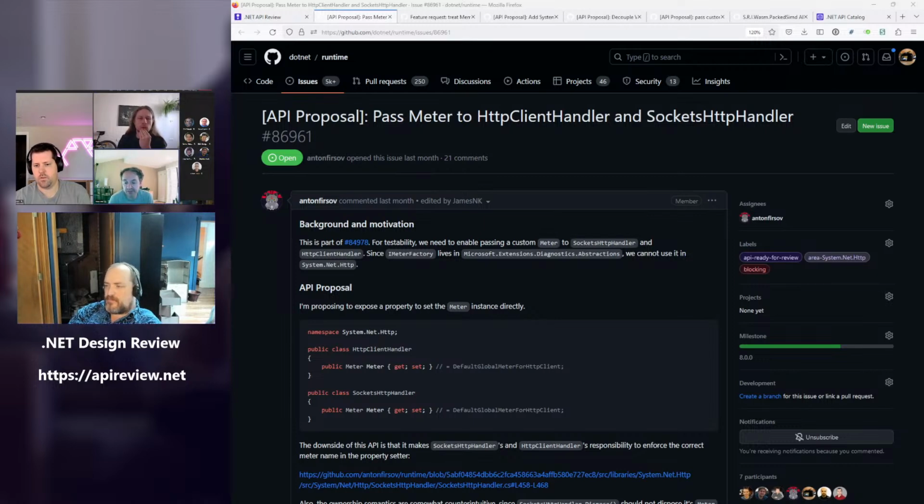Literally, I think the only reason that we're passing in this custom meter is because the object identity of this meter is attached to a particular DI container. And when you do exactly the same thing in a second DI container, you'll have a second object identity that's tied to that second container. So when HTTP client is doing its counting via this meter, that object identity somehow flows as part of that?